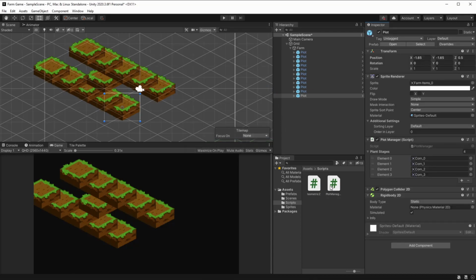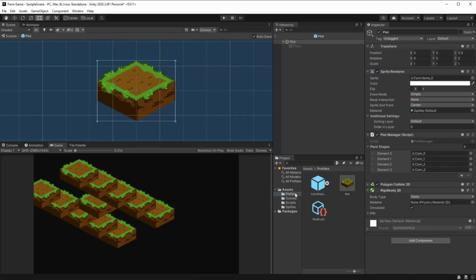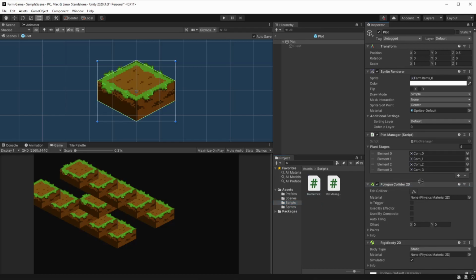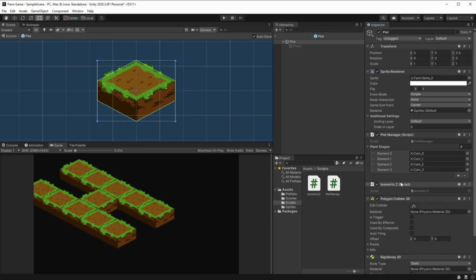First, we'll need to add this script, Isometric Z, to the prefab. So let's go to the plot. We can open it up, and we need to go to the script, select it, and drag and drop it over here. And as you can see, it already executes, and we can hit play and see if it's working. It appears to be